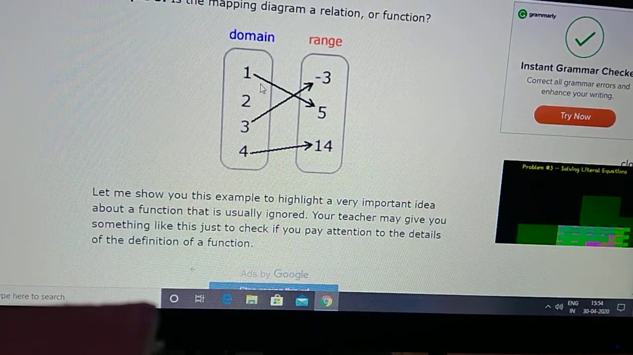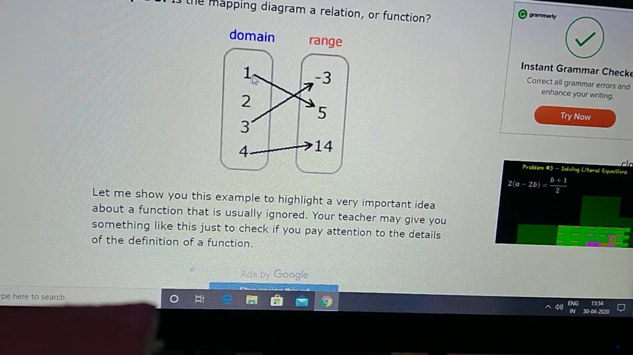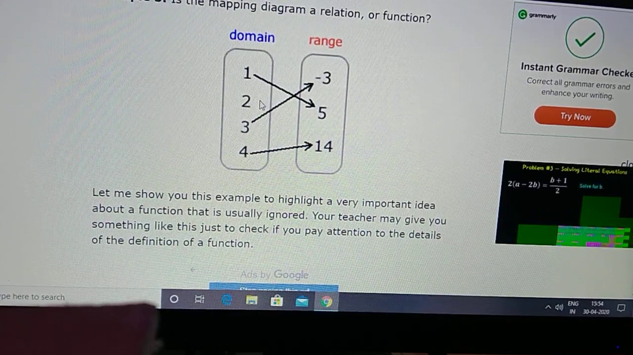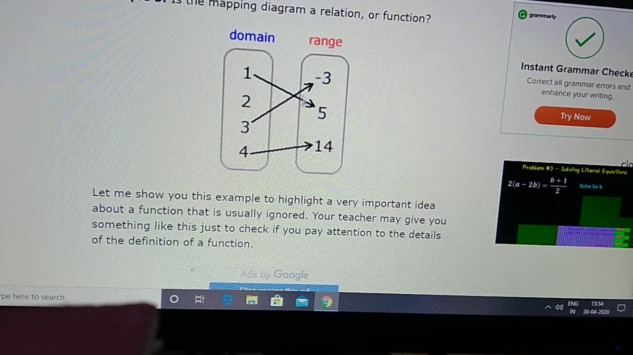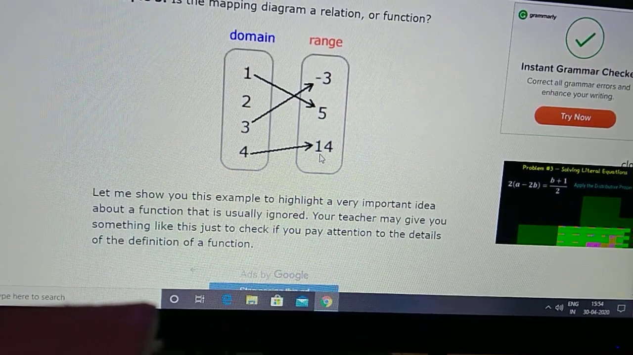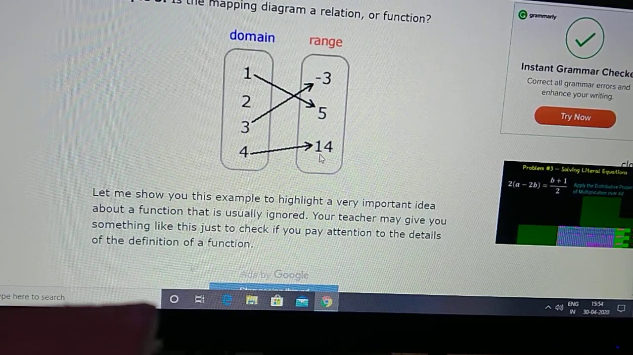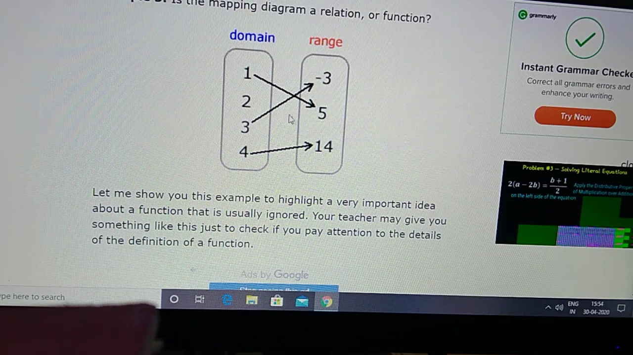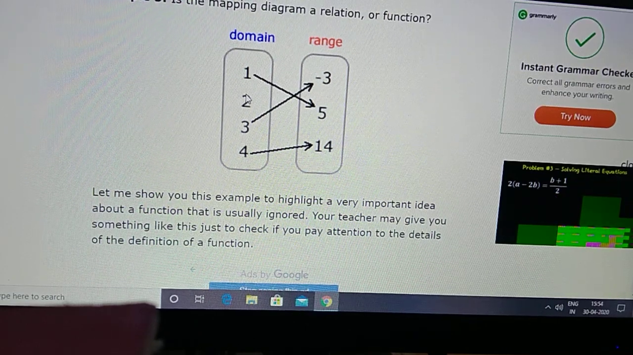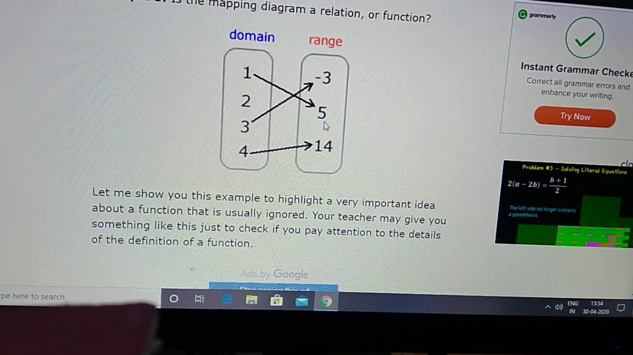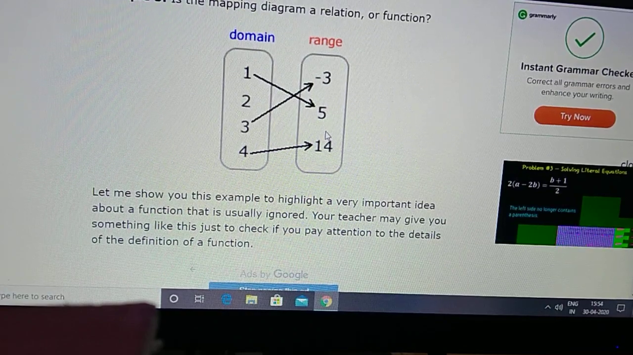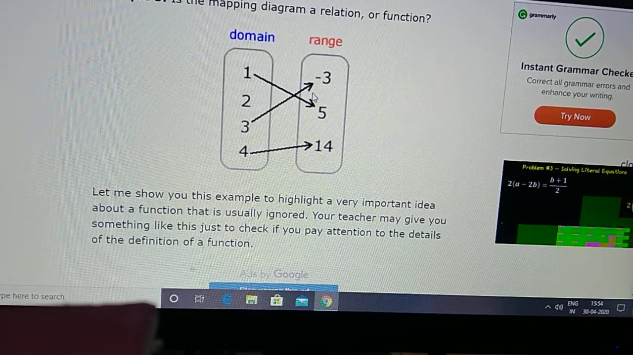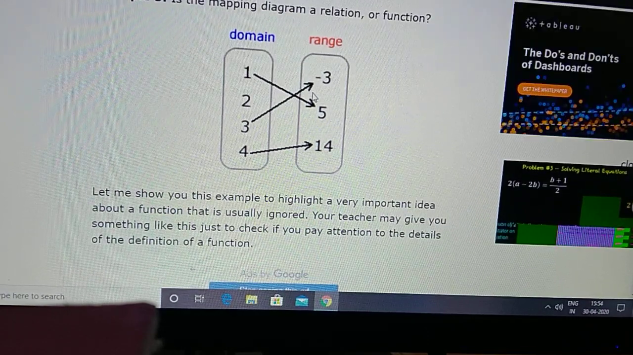Here again, looking at the domain, 1 has a relation with 5, 2 we don't know, 3 has a relation with -3, 4 has a relation with 14. This is also a very important example. Each element except 2 has one relation. But initially, when we discussed relations, we said that we must have